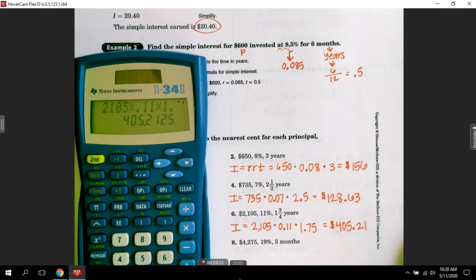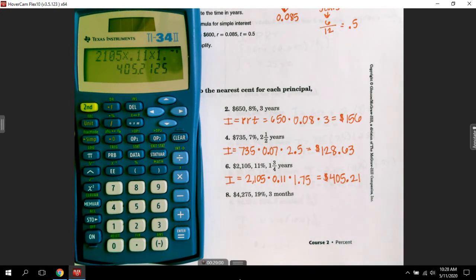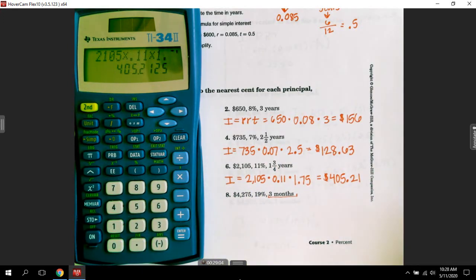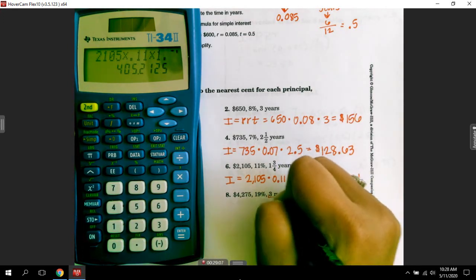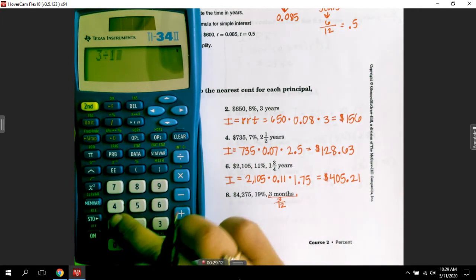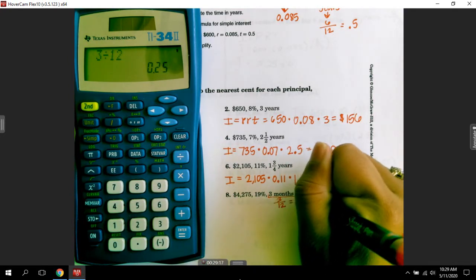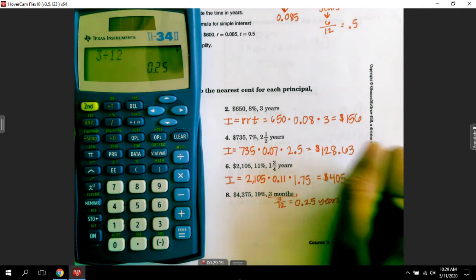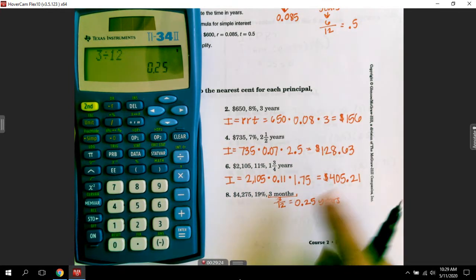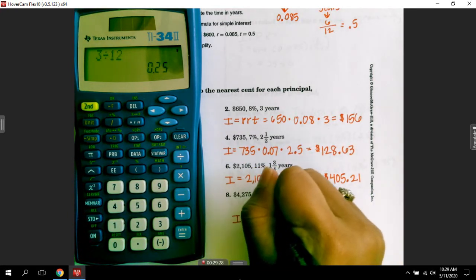Now number 8, my time is measured in months. Okay, so this is where we have to change months to years. So you're simply just going to divide by 12 because there's 12 months in a year. Okay, so 3 divided by 12 equals 0.25 years. Okay, so now you can multiply by 0.25. So that's going to be your T. Okay. So I equals P. P is 4,275